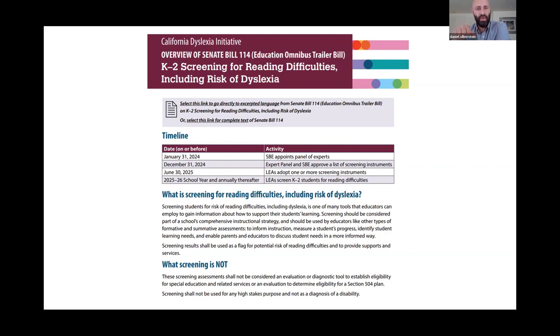So a few points along the way there is that the State Board of Education is going to appoint a panel of experts to look through and determine a list of approved screening instruments. After that, once there's a list of approved reading difficulties screening instruments, the LEAs will adopt one or more screening instruments. And then in the 25-26 school year and annually thereafter, LEAs will screen students in kindergarten and second grade for reading difficulties and have to report that out to the parents and determine which students are at risk and which students are not,